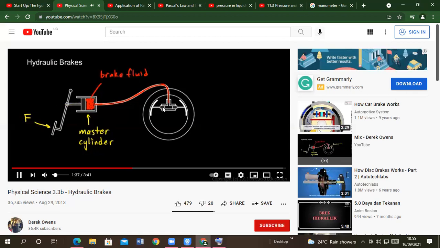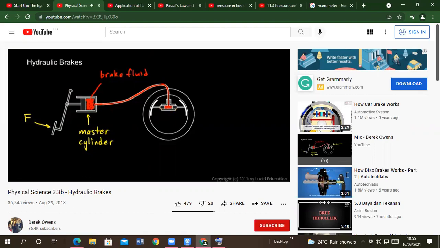And you should know that here we have also two pistons. We have this piston and this piston, which is here. So the force that is applied on this pedal pushes the brake fluid through the rubber tubing into this chamber. Now, how do we call this chamber which is here? So when this liquid reaches this chamber